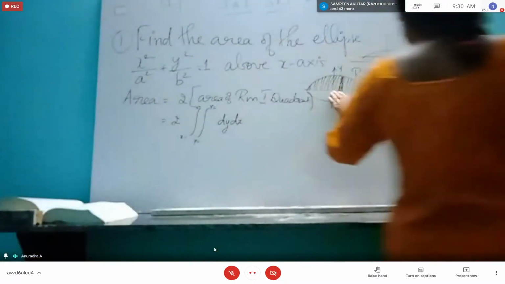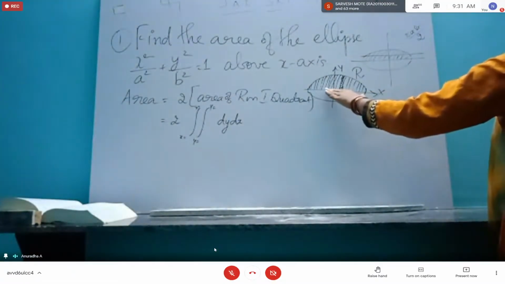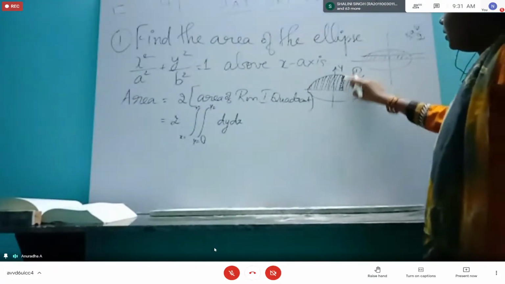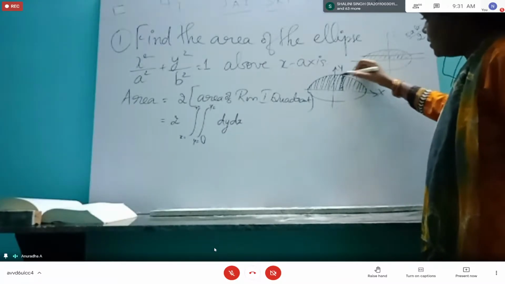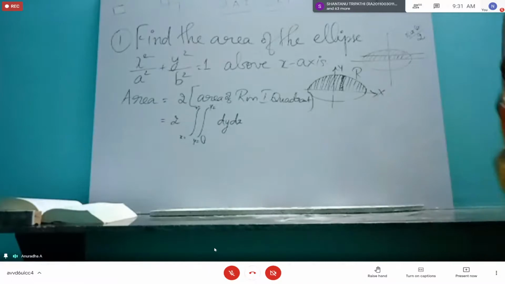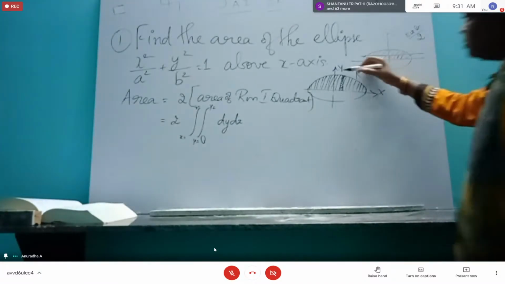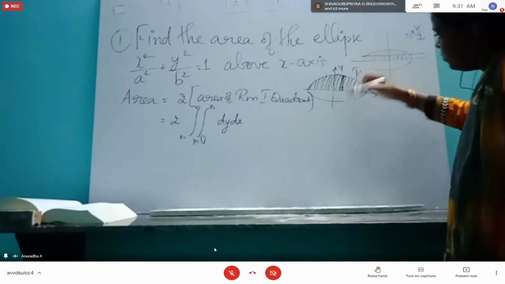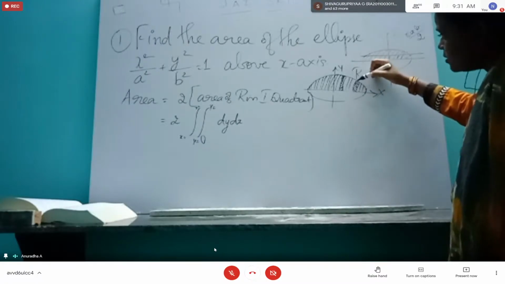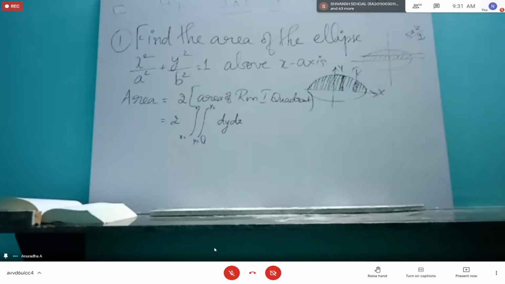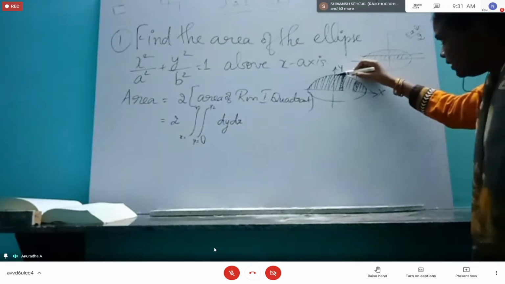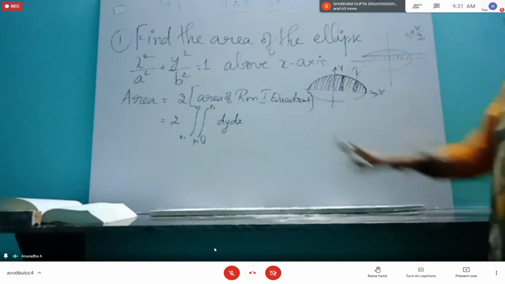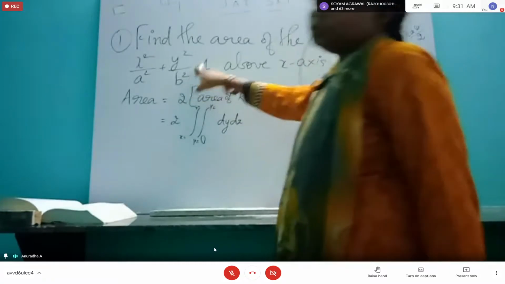So what is the lower limit? This line is at the origin, so y equal to 0, it is cutting. What is the upper limit for this vertical strip? The upper limit is the ellipse equation. Not b, because I told you the other day, I am using this second strip. Maybe someone is using another strip. So it's not b, it will be b minus something. So this general equation you have to write. What is this equation? The ellipse boundary. From there, you have to find the y value and write that.